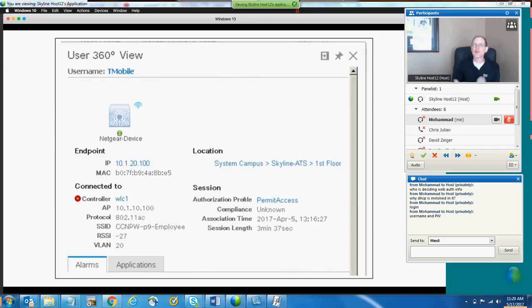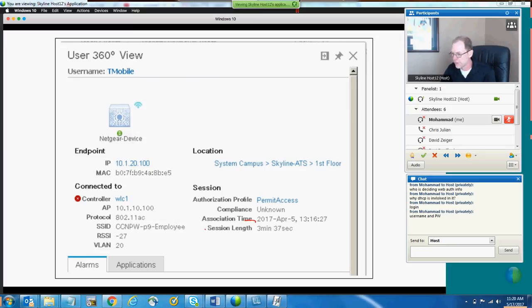All right. So how do we troubleshoot this? If somebody calls in and says they've got performance issues, what do you do? Well, the first thing we can do is go into Prime, go into the advanced search, and type in their username. When their username pops up, we can click on it and go to what's known as the User 360 view. And the User 360 view is going to give us,